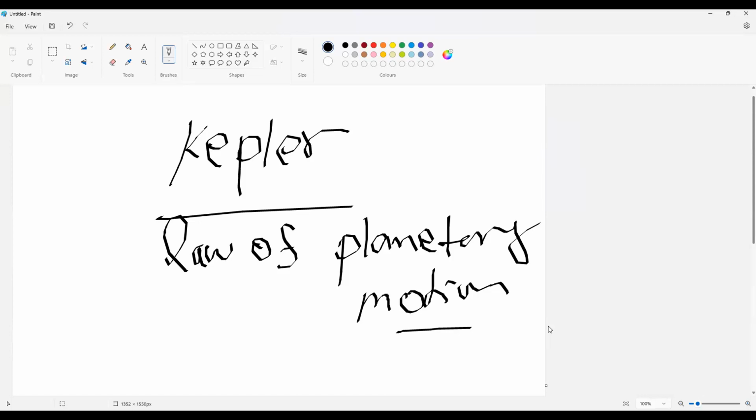Kepler's planetary motion. Newton may be the best at finding any motion or changes between any object which is traveling or kept on the earth. The gravitational force and motion force, everything is Newton. But what about planetary motion? Will Newton's identification of gravitational force work for the planets? Will it work when it comes to planets? Someone has to identify that. Am I right? So, Kepler's laws of planetary motion.